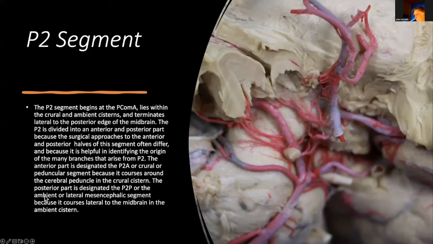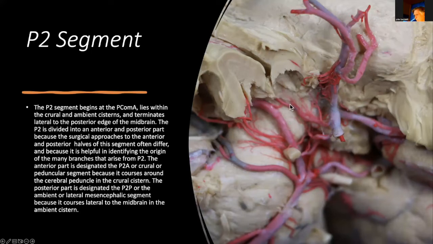The P2 segment begins at the posterior communicating artery, lies within the crural and ambient cisterns, and terminates lateral to the posterior edge of the midbrain. The P2 is divided into an anterior and posterior part because the surgical approach to the anterior and posterior halves of this segment often differ, and because it is helpful in identifying the origin of the many branches that arise from P2. The anterior part is designated the P2A or crural